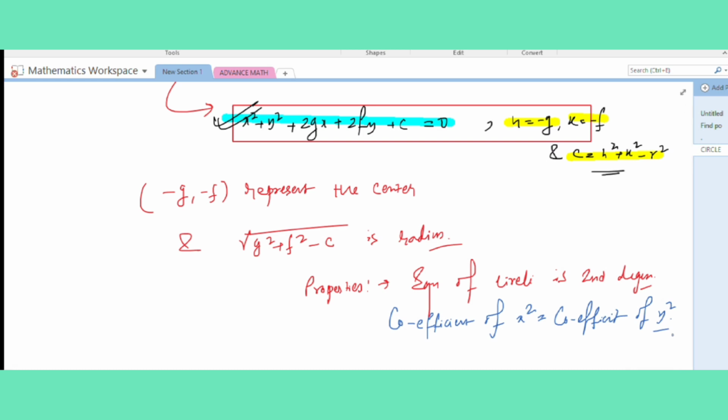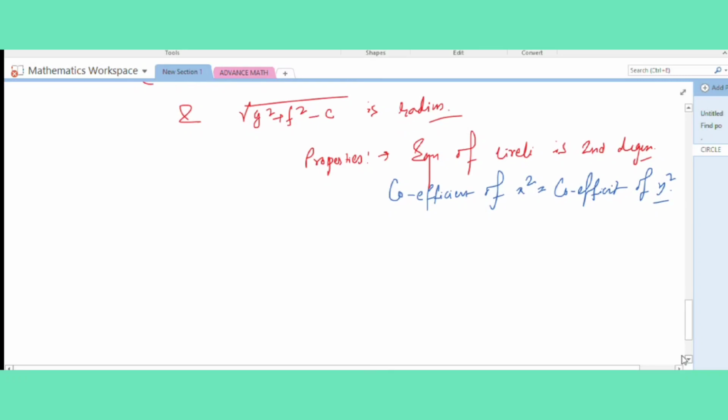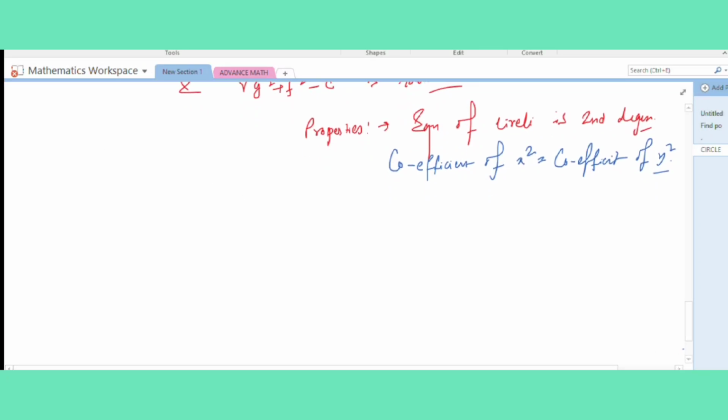Now some deductions are there, some important results. Find the equation of the circle with center (h, k) and touching the x-axis. This is a very well-known and important result, because in differential calculus, in differential equations, we use this result for finding out some problems. So if one circle touches the x-axis with center at (h, k)